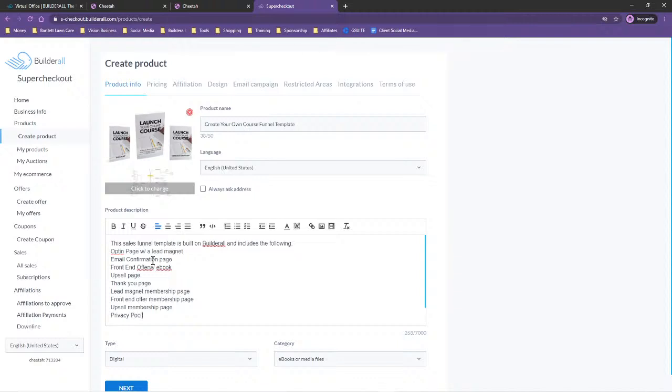Privacy policy page. Oops, spelled that wrong. Privacy policy. Wow, I really spelled that wrong. Privacy policy page, and then website terms of use page. Okay, so let's see. Also includes